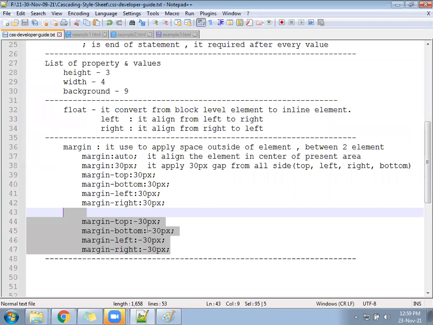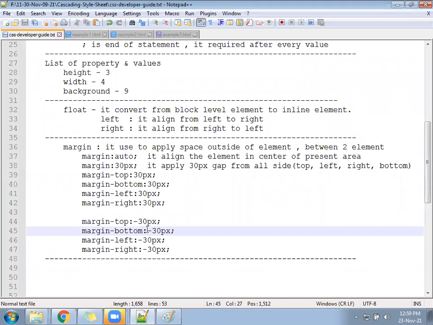Property name is called margin only, left, right, top, bottom itself. But instead of only a number, you have to write a minus. So where it was supposed to start, it will not start from there. It will go inside and from there it will start. Okay. Next, after that,